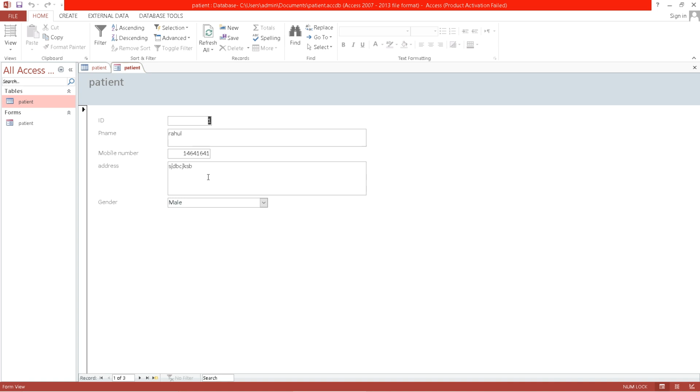You can search, modify, you can insert new information as well as delete the old information. Okay, if you think that this information is not needed now, you can delete it. See, by clicking here you can see one by one. Suppose you want to find a patient by name, you can write. See, I can see the name, I have written Rahul. By this you can search easily with the help of form.